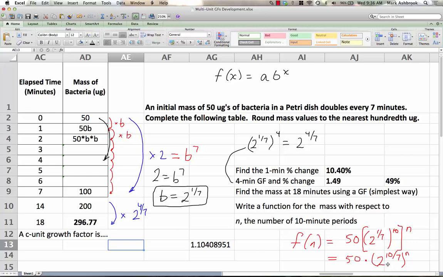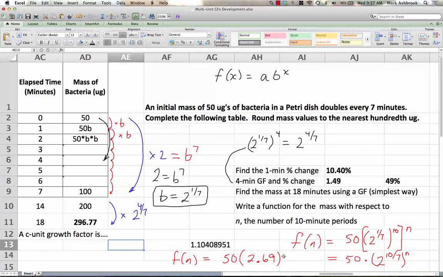So what is the advantage to what I've written over what they're saying? Okay, so you can see where it comes from. You can see what it is. Yeah. And then it's exact, right? So there's 2 advantages to what I have. That you can see exactly what it is. We took the 1 minute growth factor, and we found the 10-minute growth factor from it. And then we have exact results. But it's totally legit as long as you save enough. So what is 2 to the 10/7? You said it was